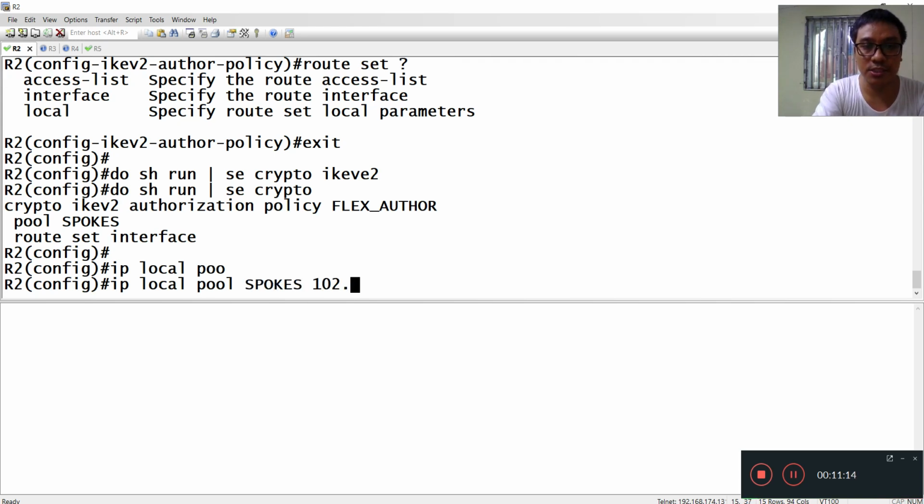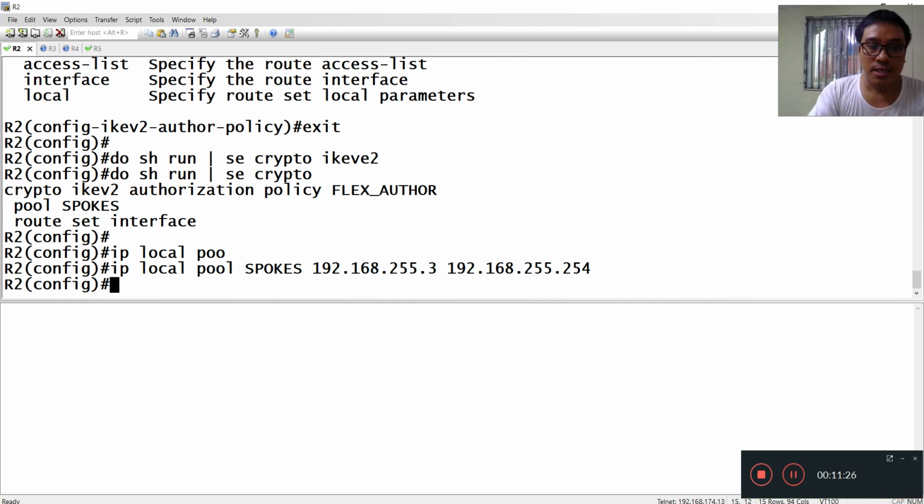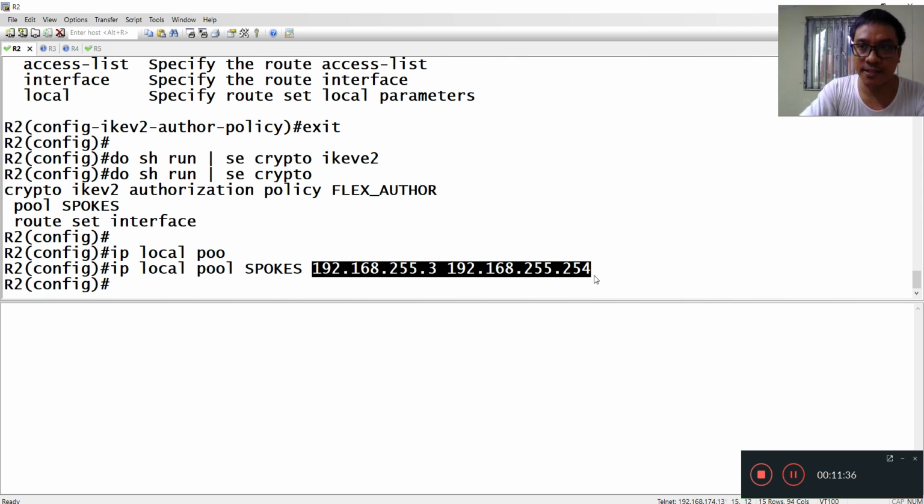IP local pool, 192.168.255.3 to 192.168.255.254. The hub will provide this IP address for the spoke dynamic interface.